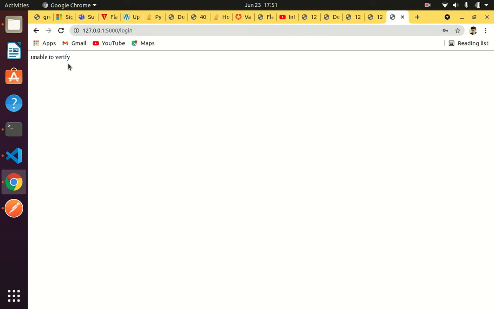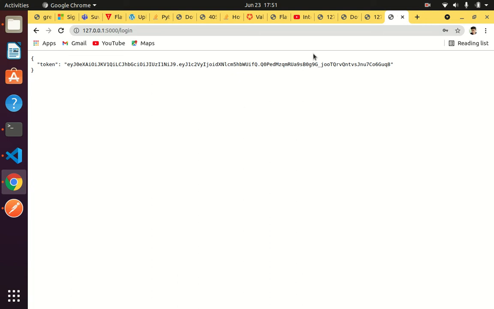That means I am not a registered user. I don't have any credentials. I'm just a random person wandering on the internet. So I am not allowed to enter this private domain, which is a very good thing for security concerns. All right, so back to our login page where we generate a valid token.